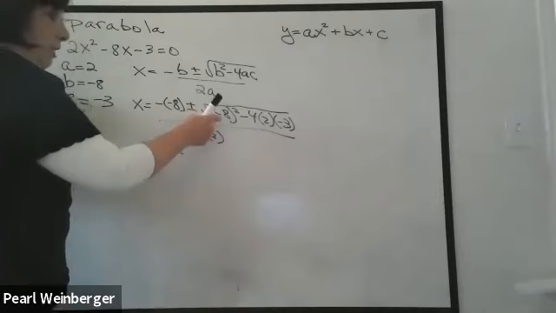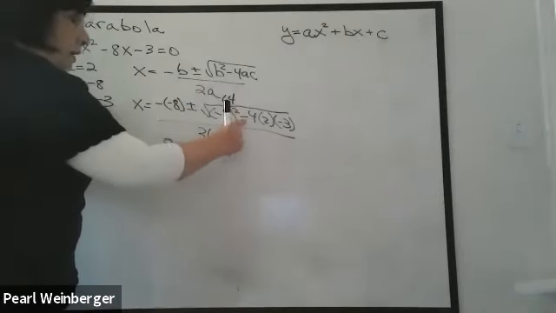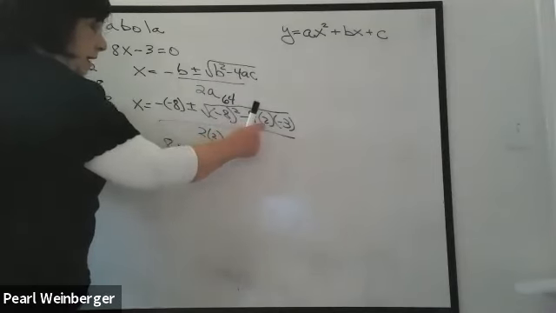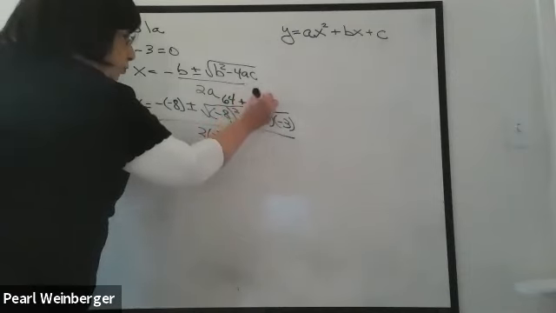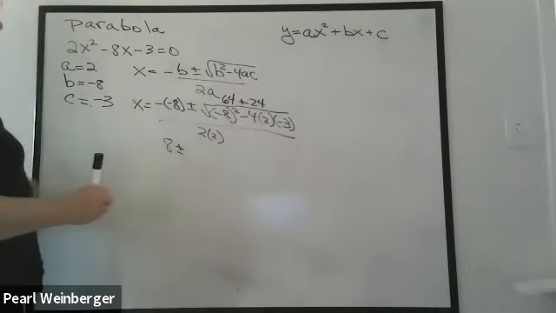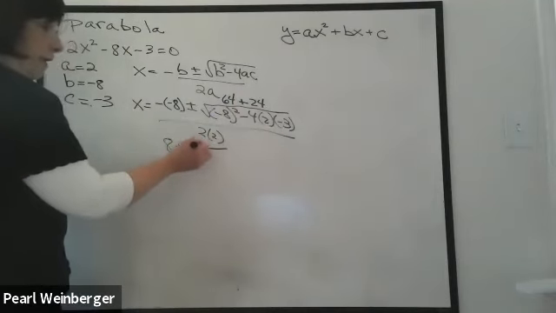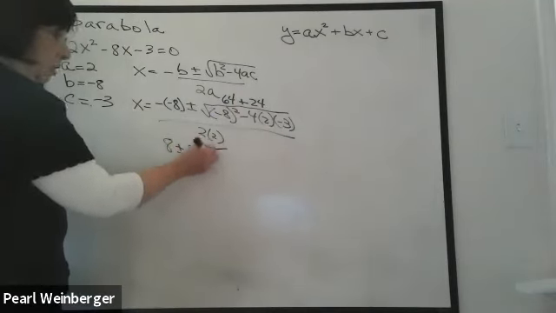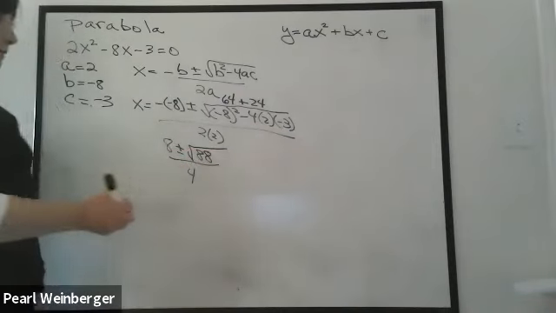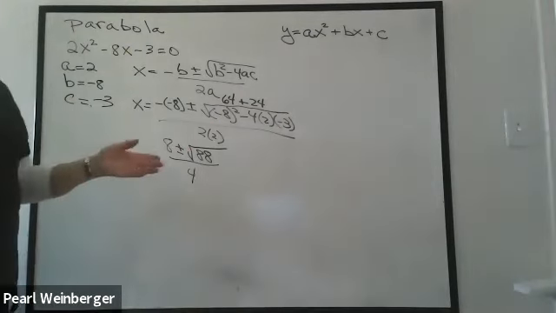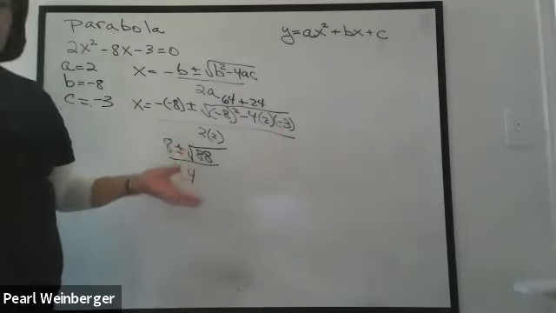Okay, here's where we have to be careful. Negative 8 squared is 64. Minus 4 times 2 is minus 8. Minus 8 times minus 3 is plus 24. So we get 64 plus 24, which gives me 88, and over 4. Now, if I wanted to do this for graphing, I would probably, 88 is not a perfect